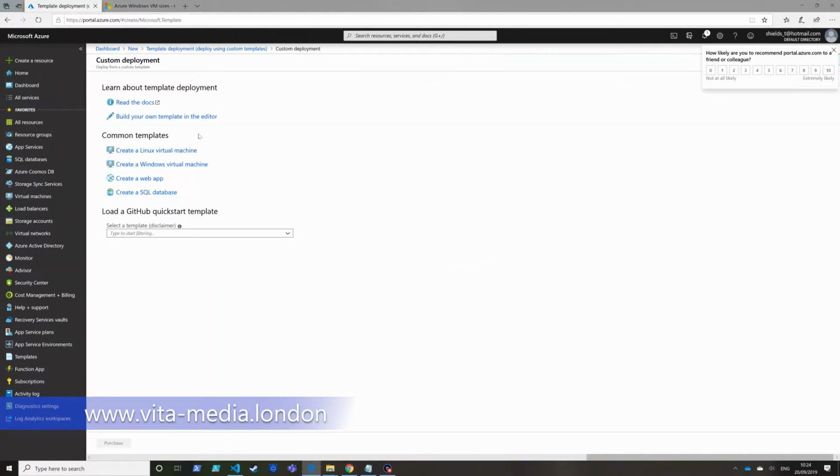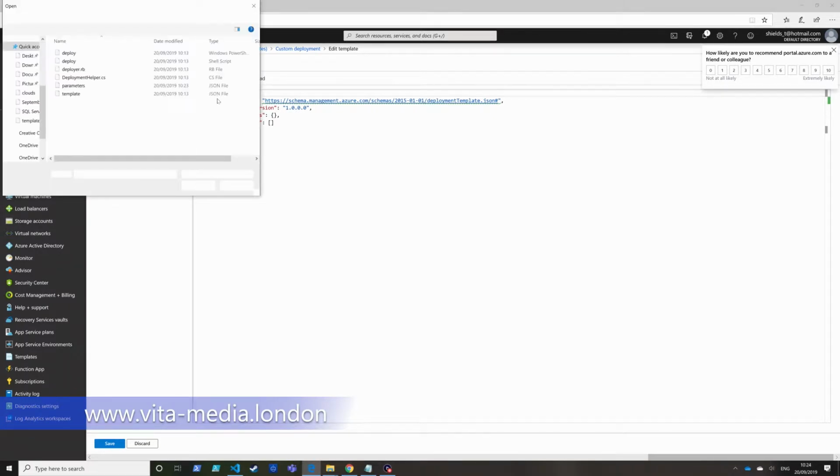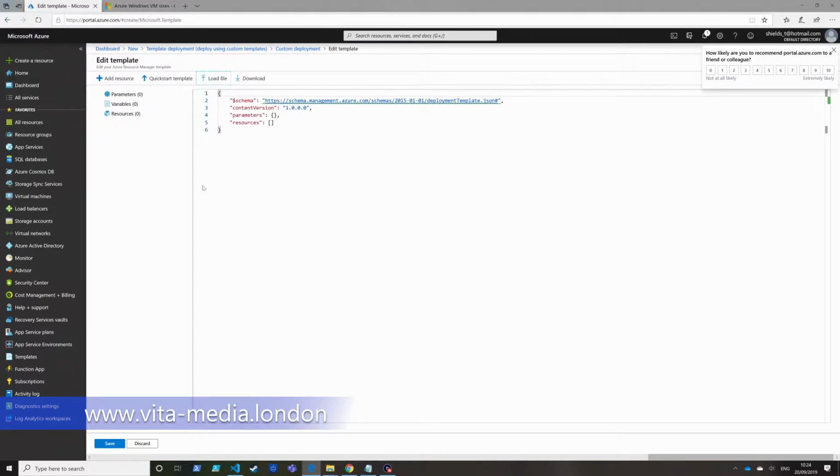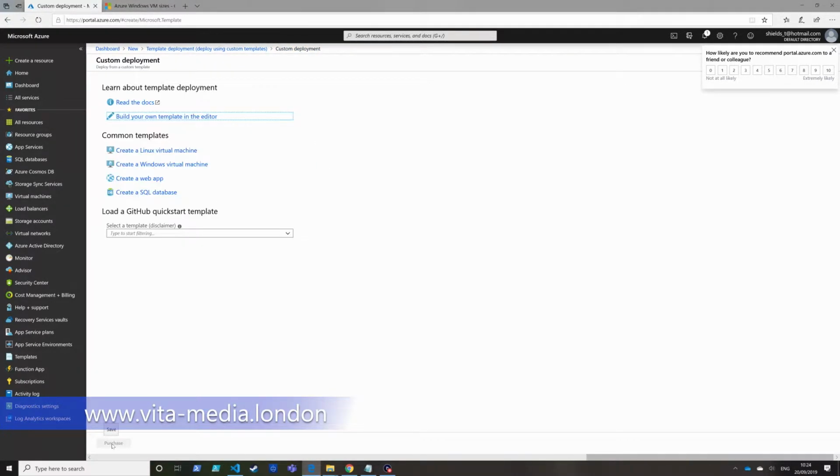Click create, build your own template in the editor, which we're not actually going to strictly do. We're going to load one. So here's my template file. We can see the modified time is slightly different on the parameters file. So we open the template, save that,